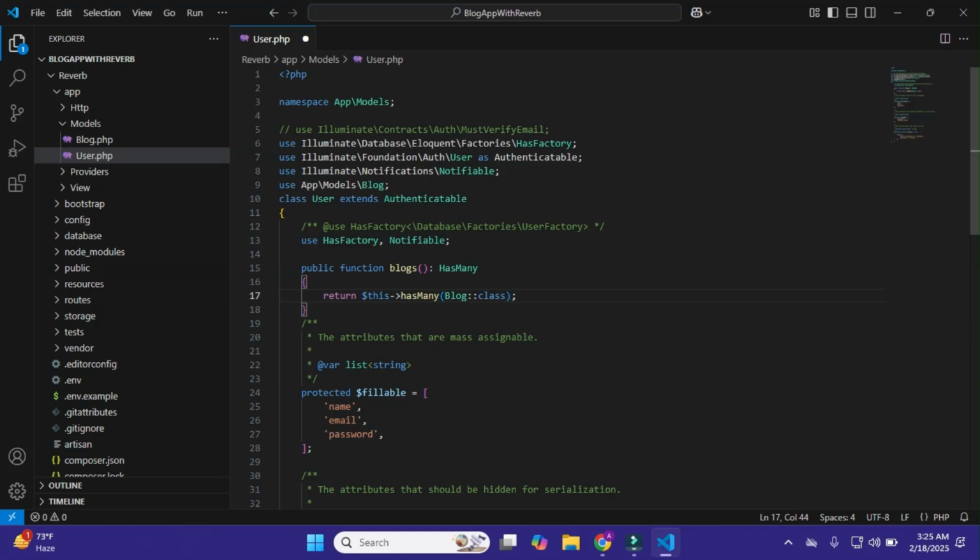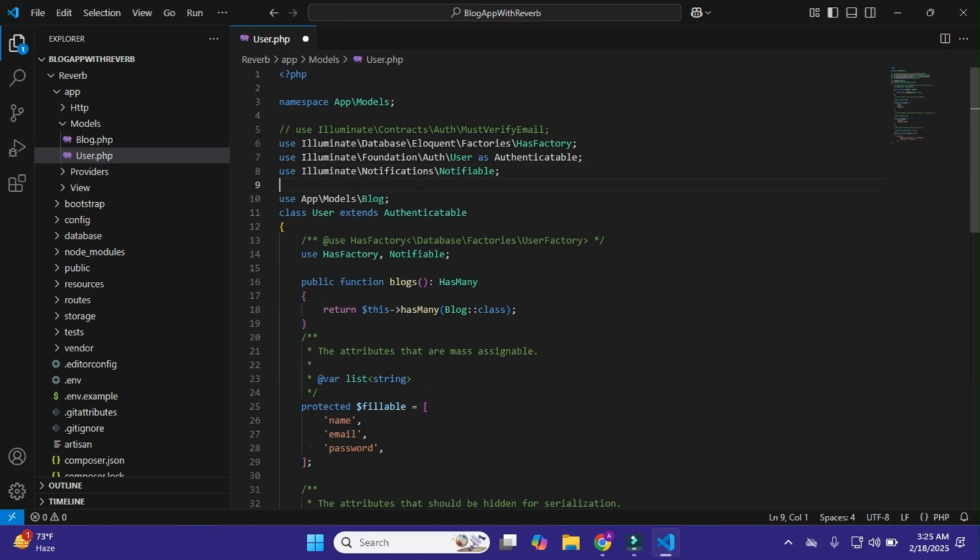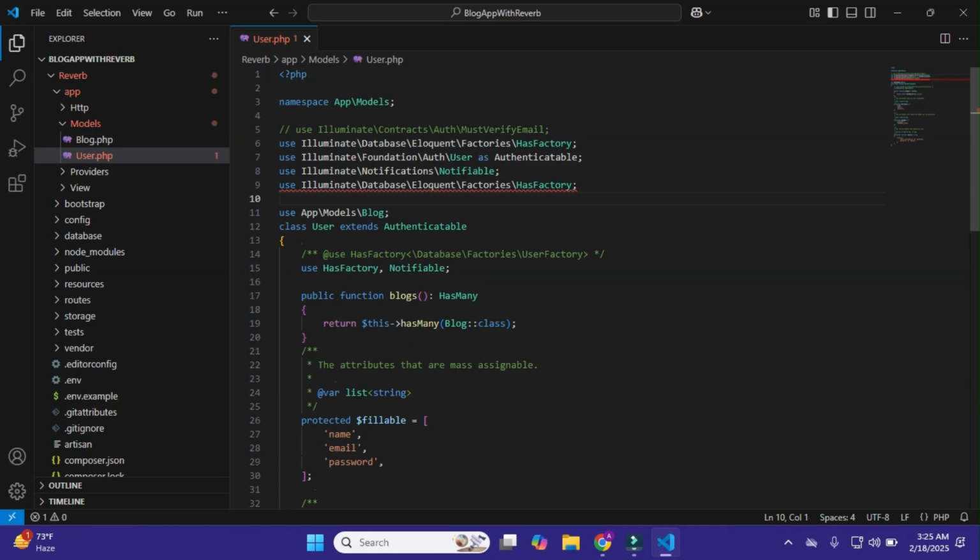Now I'll import this HasMany relationship here. For this I'll copy it and paste it here, and it is Illuminate\Database\Eloquent\Relations, and within Relations I'll copy it and paste it here, HasMany.